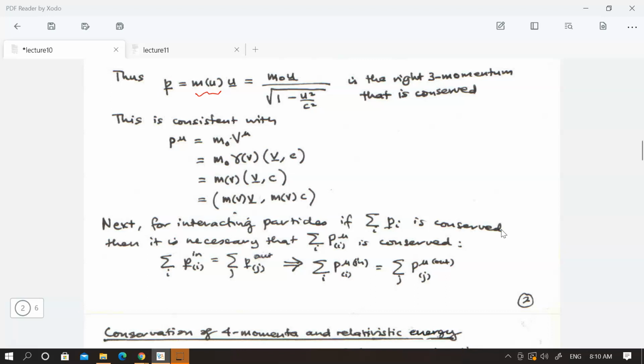Initially we posited the idea that the four momenta will be just your rest mass, which is considered to be an invariant in reference frames, multiplied by the four velocity. In the four velocity, we have done this in the lectures before, and this will have this particular component. Then your gamma and your m naught will combine to be your mv, and then you get